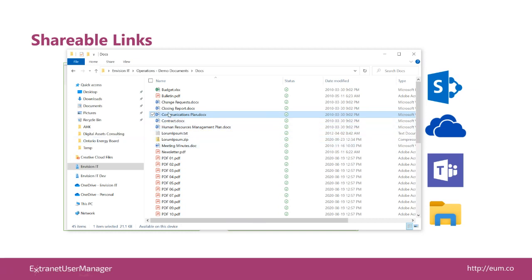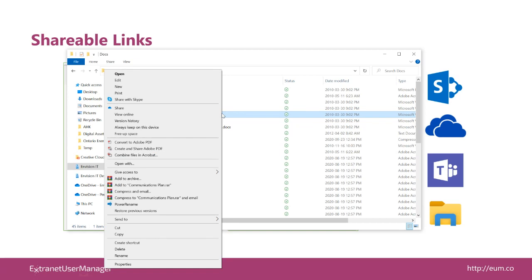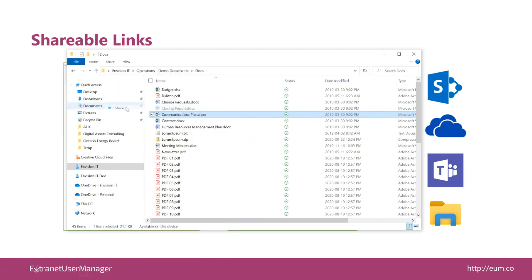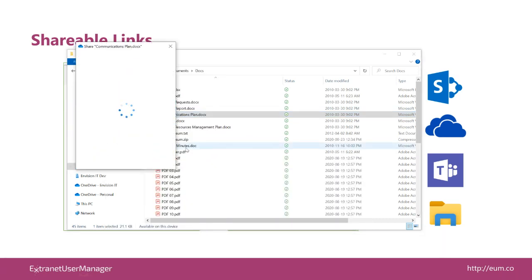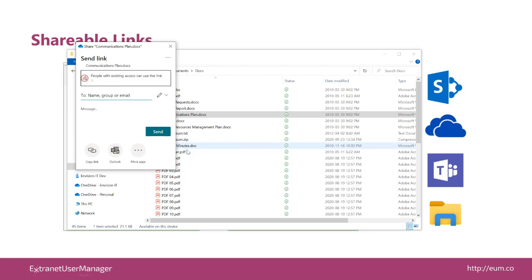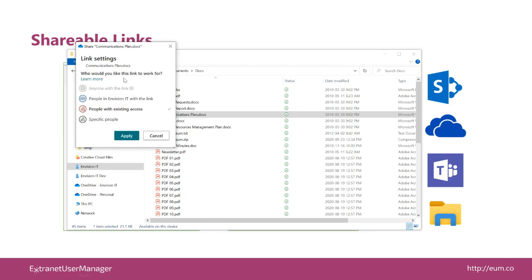But the nice thing is, let's say I want to share this communications plan with Q30 Design, I can just right-click right in my Windows Explorer, and Windows 10 knows that this is actually a synced folder that I'm in, and it gives me the share option right here. I can come in to share, and then I decide, am I going to leave it with that default, people with existing access? Well, no, the folks at Q30 don't have access to it, so I'm going to mark in